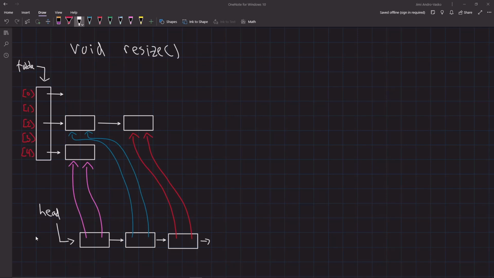Alright, resize. This function would be called in the bracket operator right before you do anything. The first thing you do is check your load factor. Of course, you take items divided by size. If that number is bigger than or equal to 0.5, you want to resize. Now, be careful with that